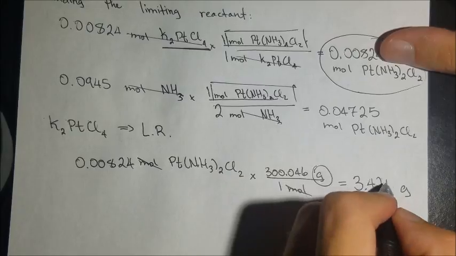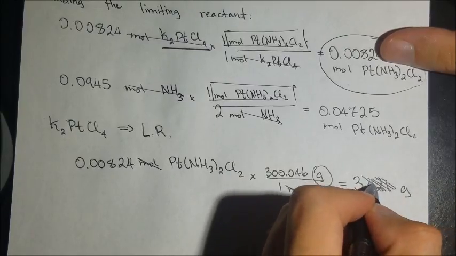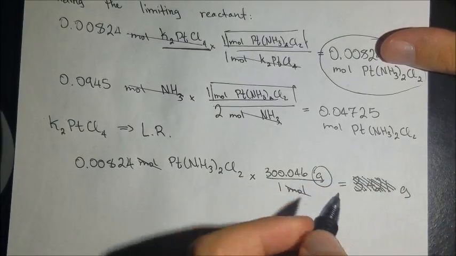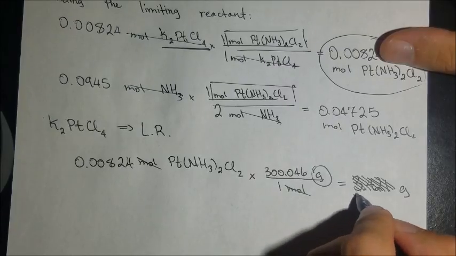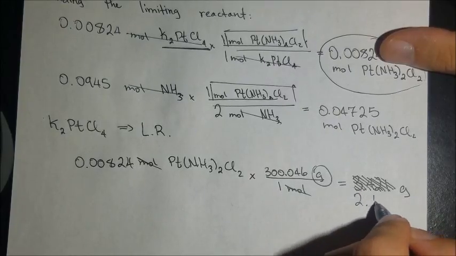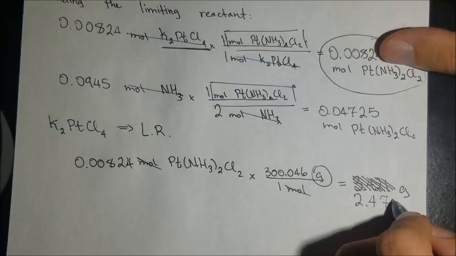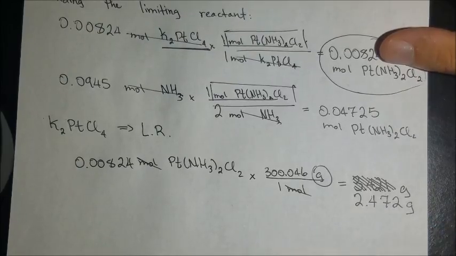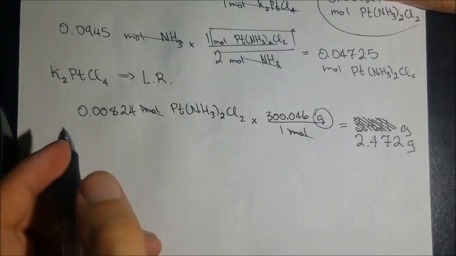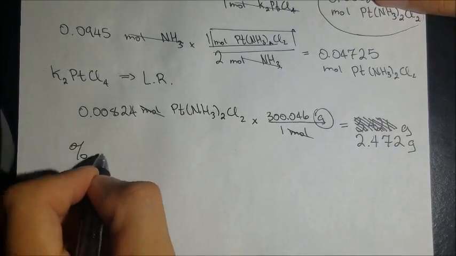Oh, excuse me, I entered in the incorrect numbers. This is not 3.421. This becomes 2.472. Okay, so that is the number of grams of product that we produce. Now let me remind you that the equation for percent yield